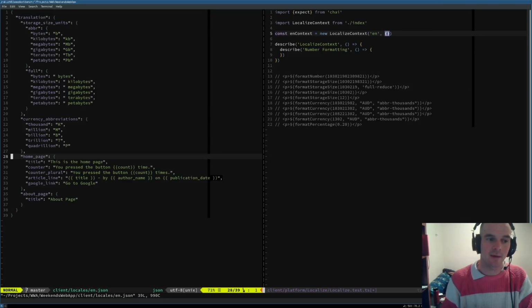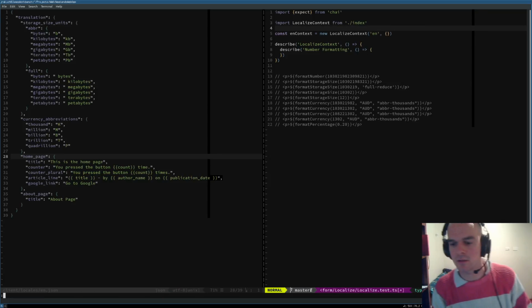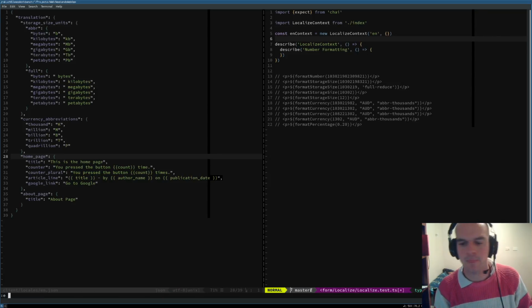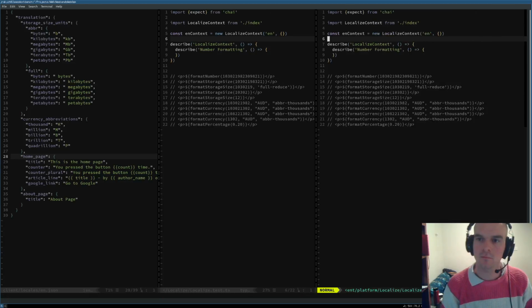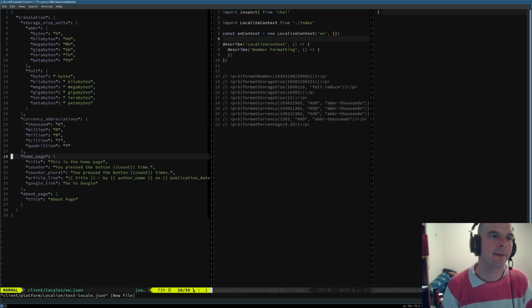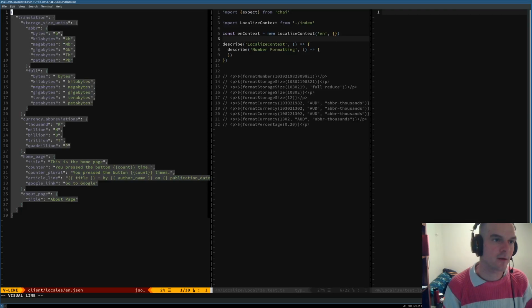So the platform layer and its tests probably shouldn't depend on it. So what we will do instead is create ourselves a file. We'll call it client/platform/localize/test locale.json, and we'll pretty much pull out just this.